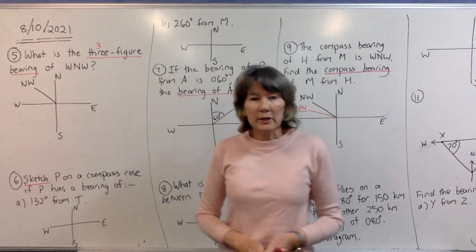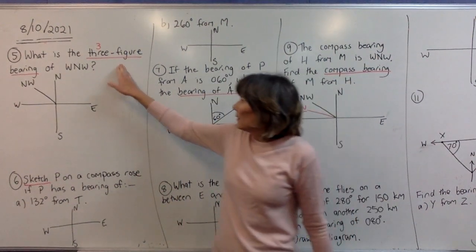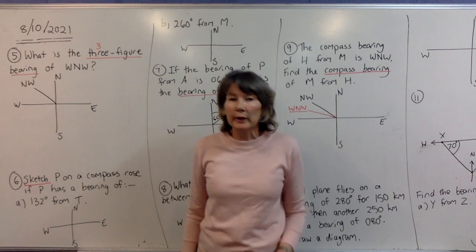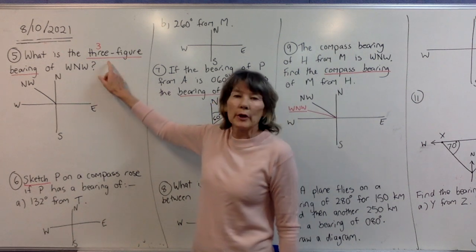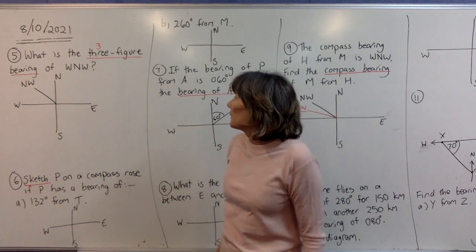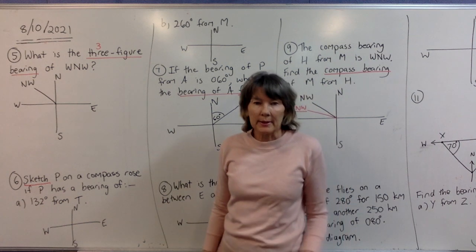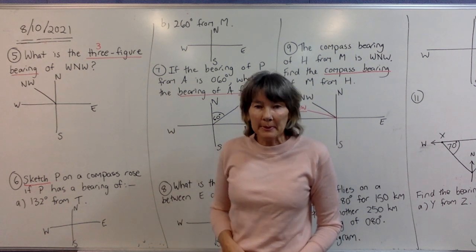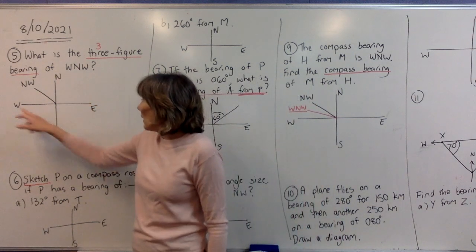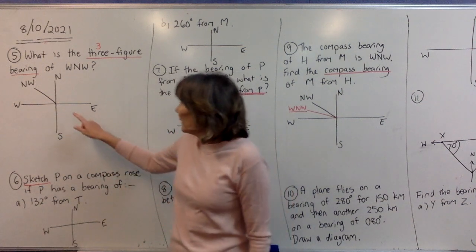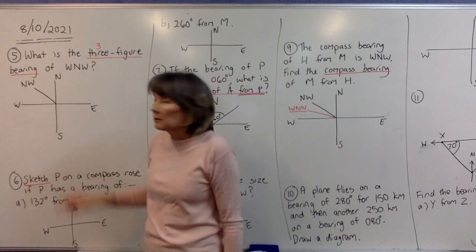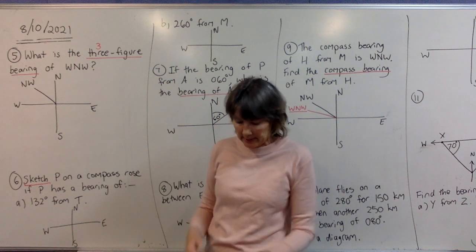So continuing on with some more examples then. This first one is, what is the three-figure bearing of west-northwest? So west-northwest is a compass bearing. If we draw up a compass rose and then mark in northwest, which is halfway between north and west,